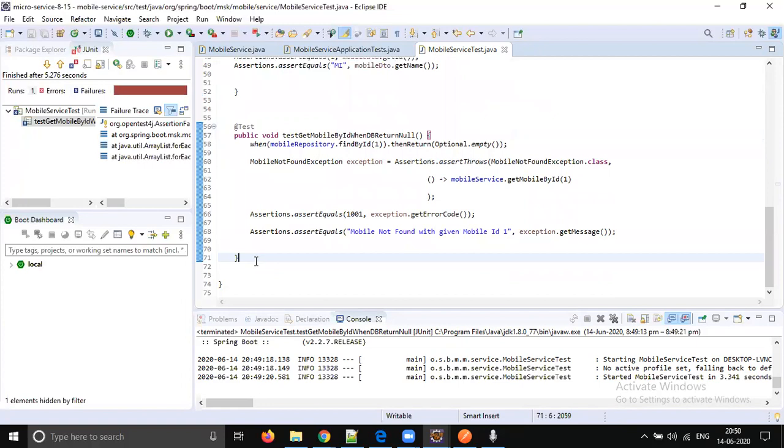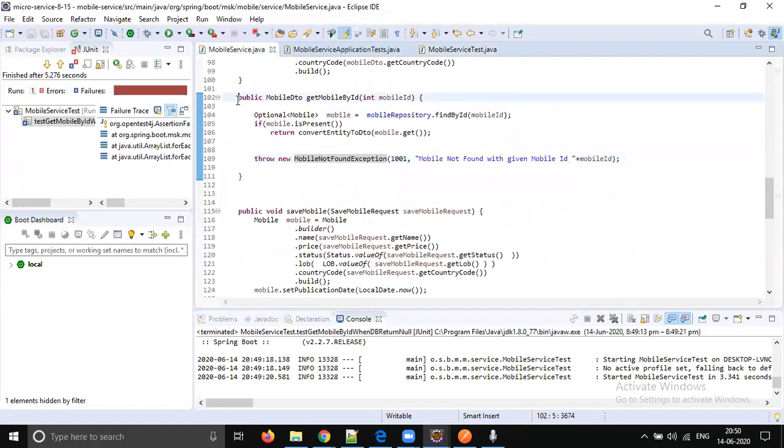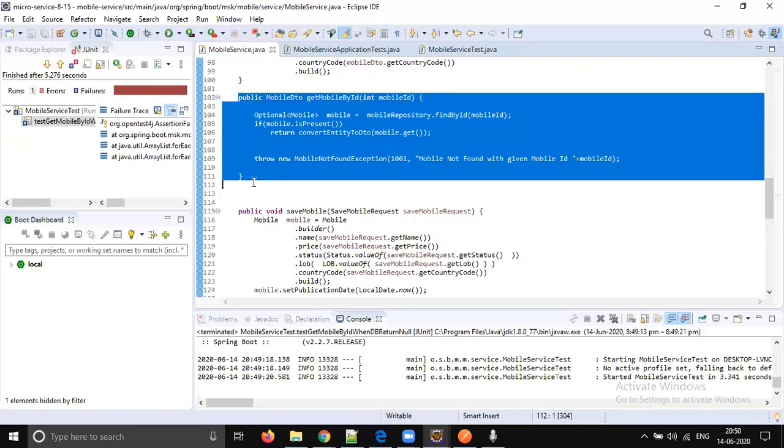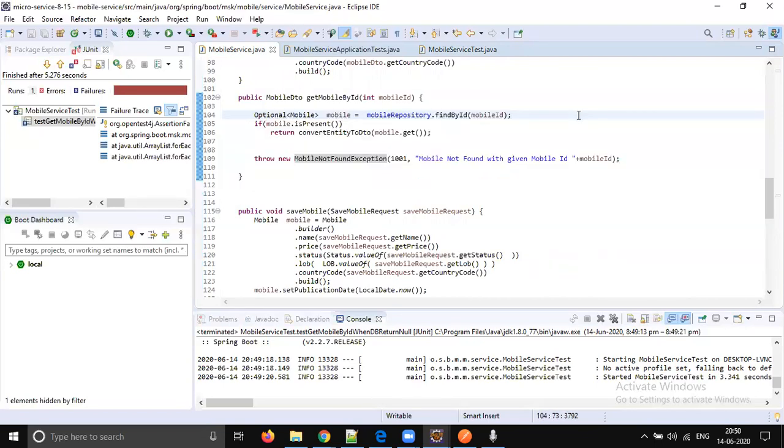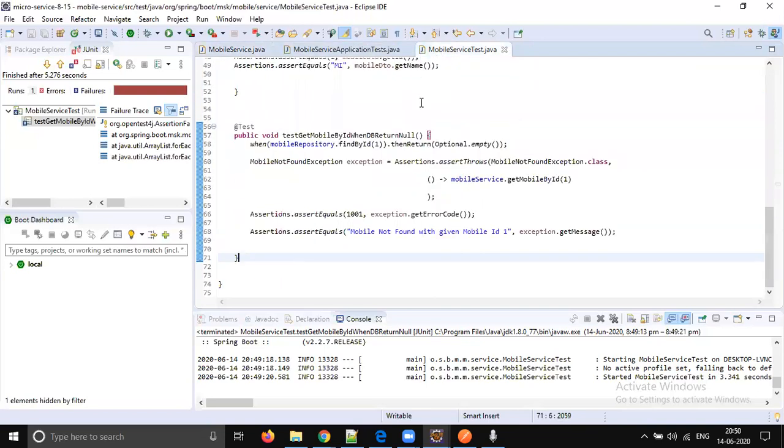Unit testing is nothing but testing a particular method with different scenarios. When the database returns valid data, what will happen? When the database returns no data, what will happen? This is how we write unit test cases.